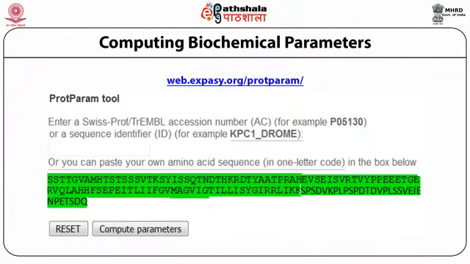ProtParam tool allows the computation of various physical and chemical parameters for a given protein. The computed parameters include molecular weight, theoretical isoelectric point, amino acid composition, atomic composition, which are self-explanatory. In addition, extinction coefficient, estimated half-life, instability index, aliphatic index, and grand average of hydrophobicity, that is GRAVY index, are also calculated. Visit ExPASy site for the address shown in the slide and paste